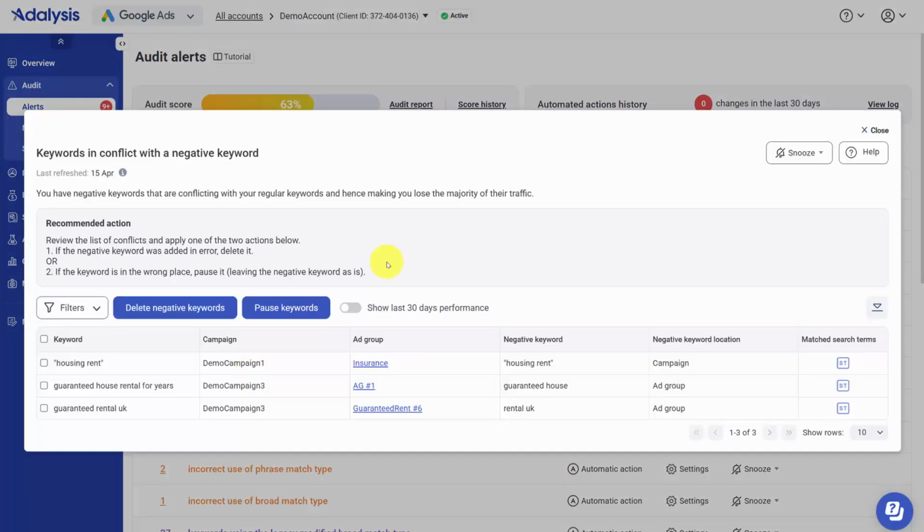type. Now all these screens will be a little bit different depending on the alert type, but they have some commonalities to them. You'll see a snooze button where you can snooze or disable an alert, a help button to get more information, the last refresh date, and then you'll see recommended actions. Here you could filter additional data and you'll see the most common actions taken with any alert. Then you can click on individual items and take an action, or bulk select everything, choose an action, and move